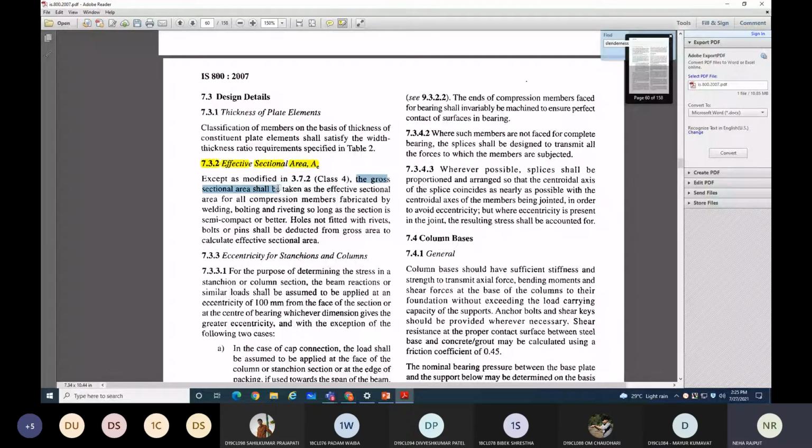The gross section area shall be taken as effective sectional area for all compression members fabricated by welding, bolting, riveting, so long as the section is semi-compact or better. This sectional area you can get from SP6, the steel table. Whatever section you have chosen from the steel table or SP6, you will get this effective sectional area.